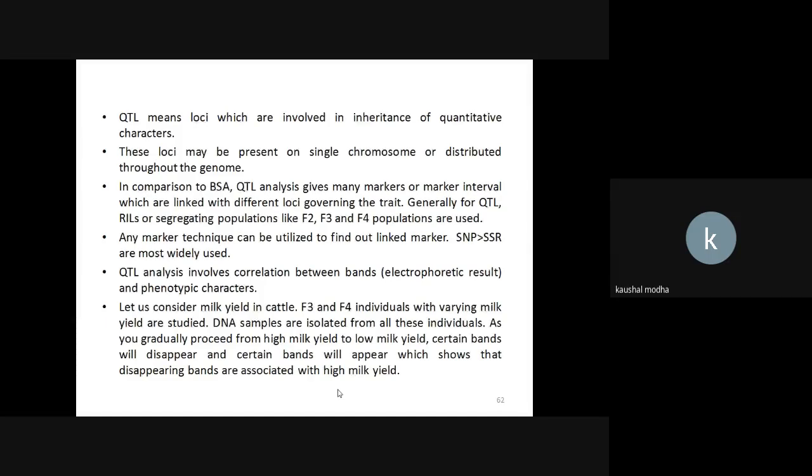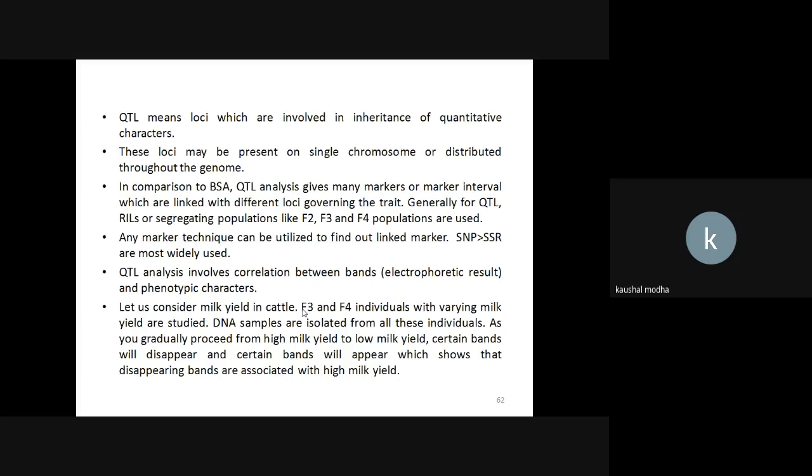Let me give you the basic idea of QTL analysis, or how the markers are associated with the phenotypic trait. You can consider any trait. Here there is an example of milk yield in cattle, but let us consider pods per plant. Suppose you are analyzing F3 or F4 individuals or RILs, and you have 400 RILs from two diverse parents for pods per plant. When you genotype these RILs and arrange them in descending order, from the RIL giving the highest number of pods to the lowest number of pods, and analyze the marker profile, then